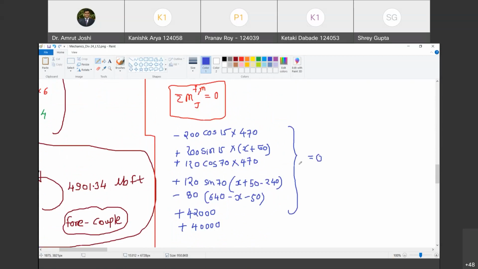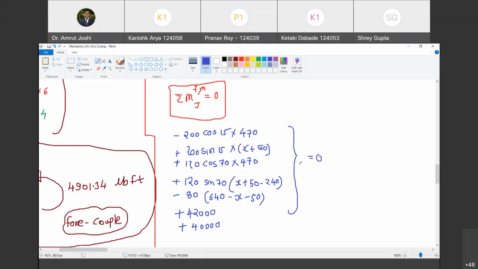So minus 200 cos 15 into 470 plus 200 sin 15 into the bracket alpha x plus 50, bracket complete, plus 120 cos of 70 into 470 plus 120 sin 70 into bracket